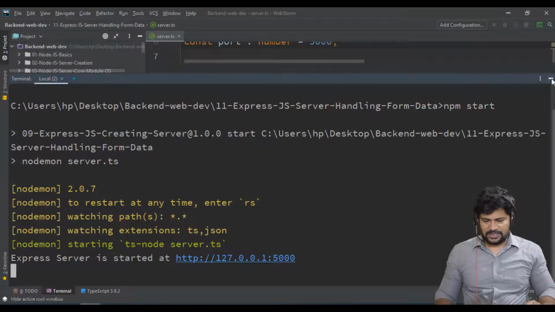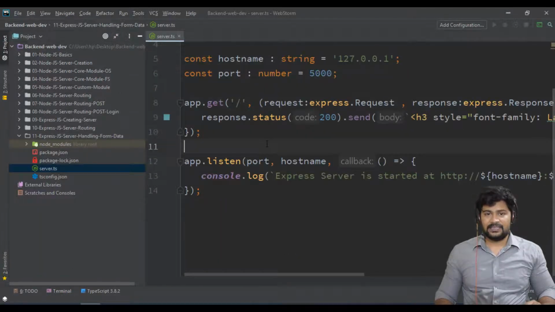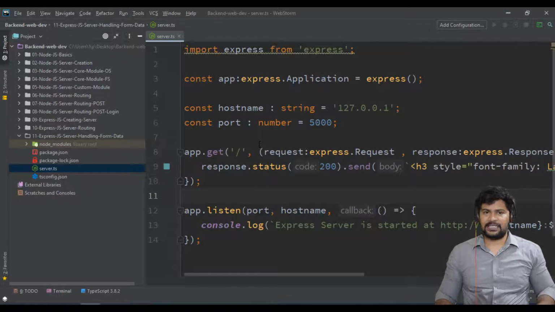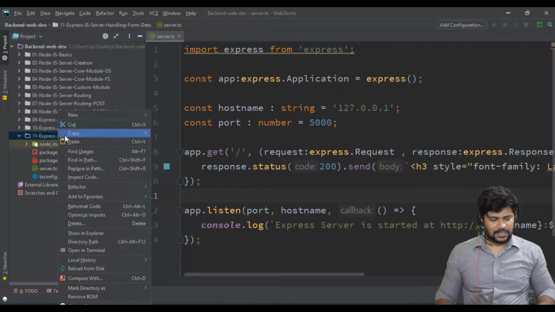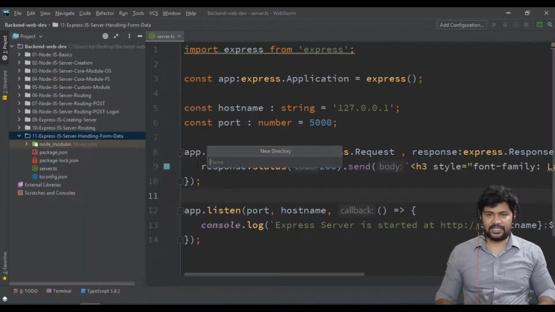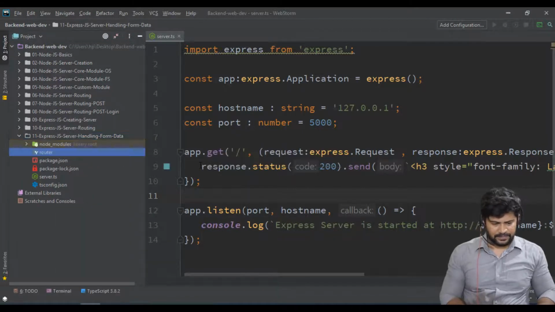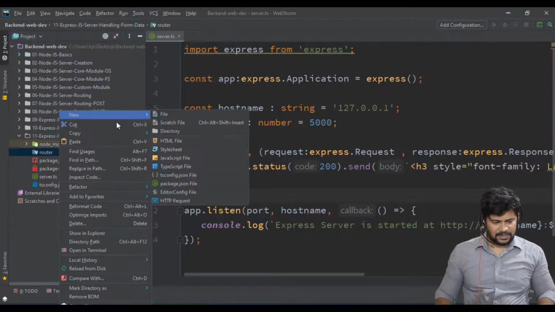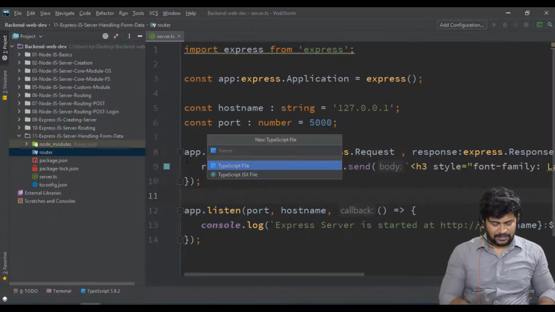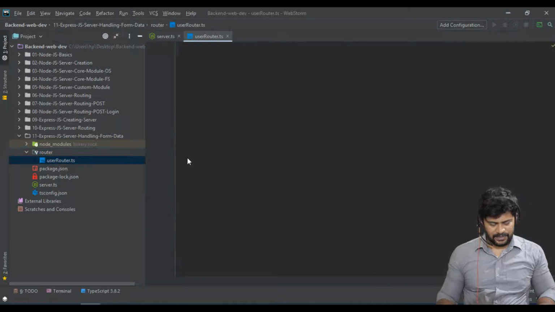Now the next step is to create a router, and then we'll make the form handling. We have seen routing in the previous video, right? So I create a basic user router in TypeScript.